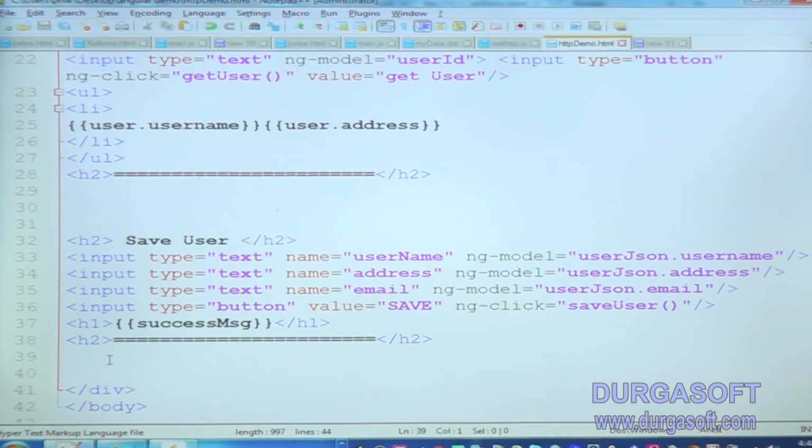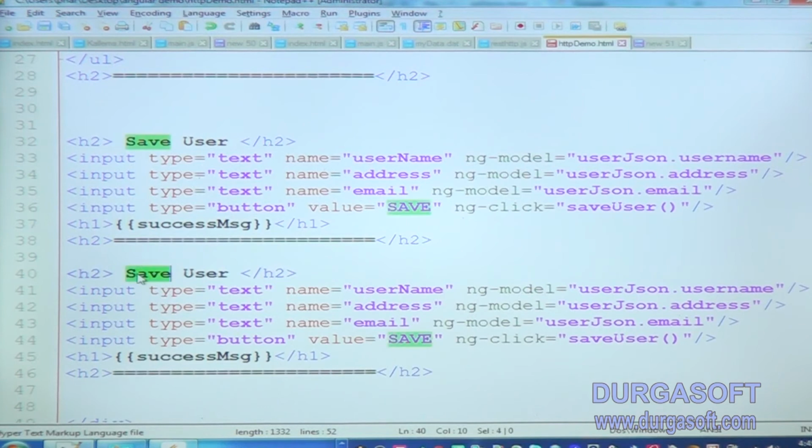For update I also have to pass the user ID as well as the data. I am giving update user.